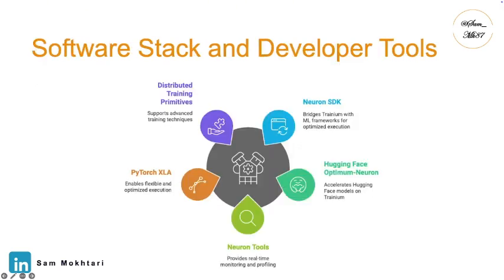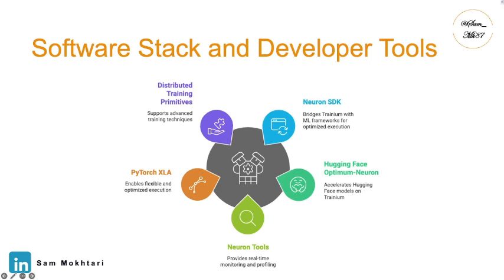All right. While the Trainium hardware, as you saw in terms of specification and capabilities, is impressive, the true power is also unleashed through a comprehensive software ecosystem. At the core of this ecosystem is the Neuron SDK, which acts as the bridge between Trainium and the world of machine learning frameworks. So developers using popular frameworks such as PyTorch and TensorFlow don't need to learn any new things with Trainium. The Neuron SDK handles the complexity of compiling and also optimizing the models for execution